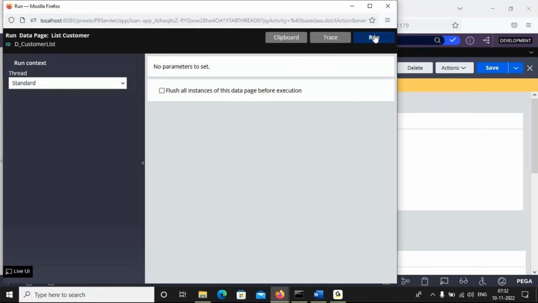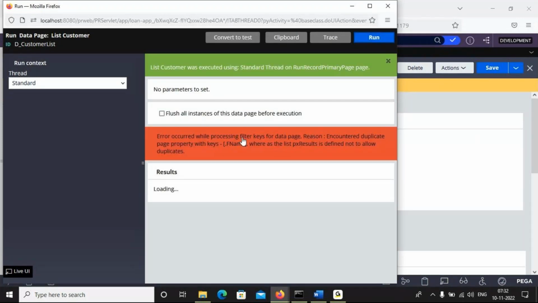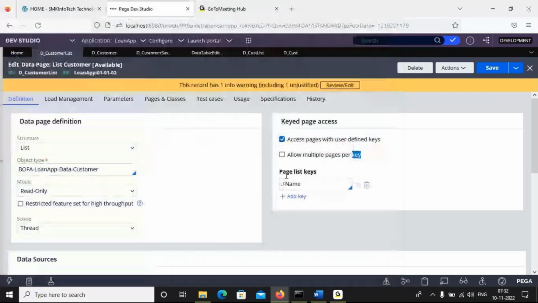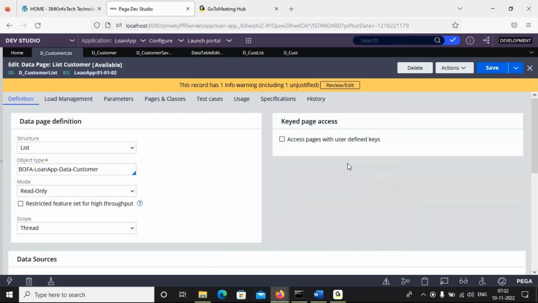As of now, we're not able to see this one. If you run it, it also shows the same data. See, it is expecting your px first name value. As of now nothing is there. See that, that's why. So we'll wait for that. As of now, just note it. What is keyed page access database?